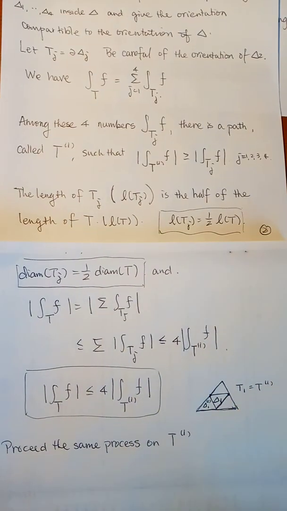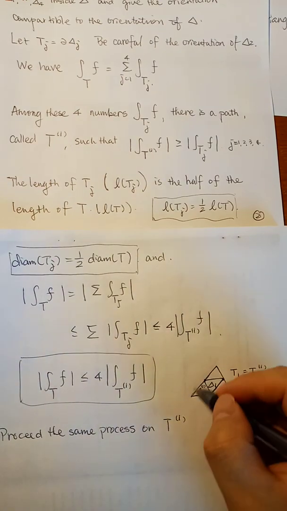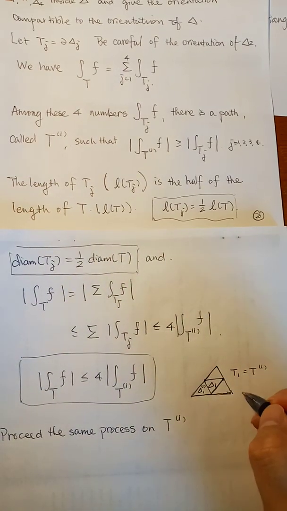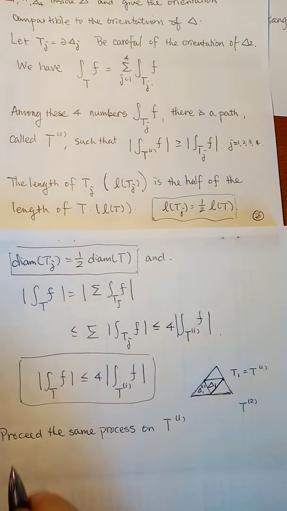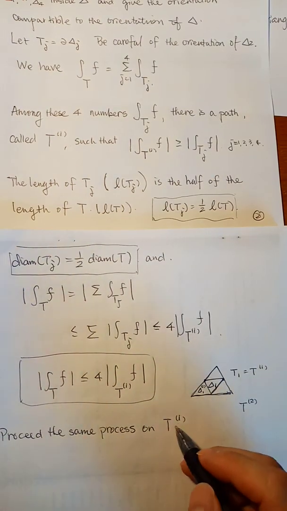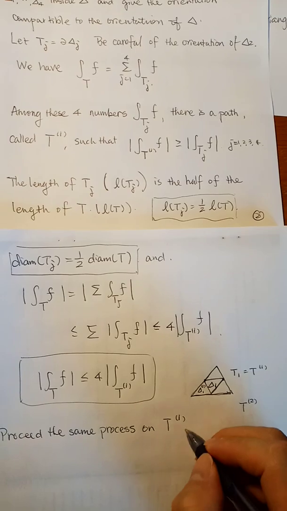You have 4 triangles, and among them there is a T2, so that T2 has the maximum absolute value among them. Okay, so proceed with the same process on T1,